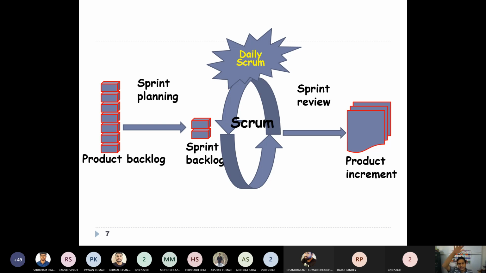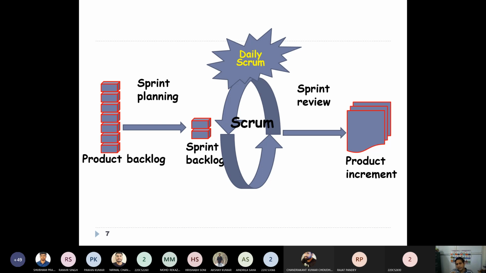Product backlog is the whole set of requirements, and the sprint backlog is a subset of the product backlog. These are the items that will be developed during a particular sprint, iteration or time box. Now there will be a daily scrum.